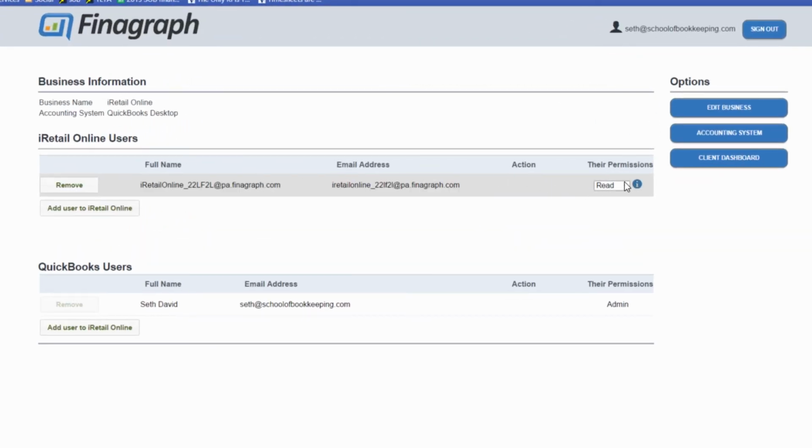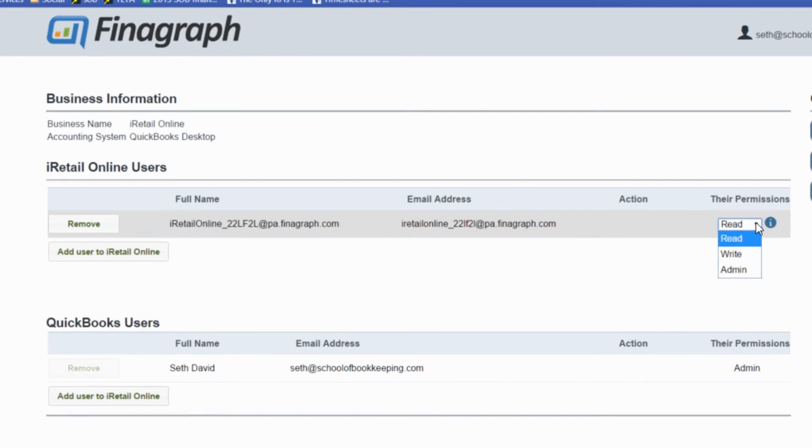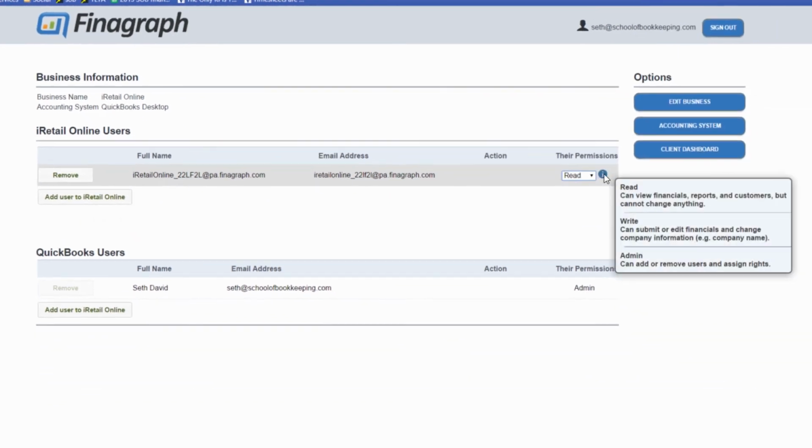In this view, you can click here and change the permissions so that when you send this link to somebody, such as, let's say, your client, you can say, hey, come check this out, and you can give them read, write, and admin permissions. And you can read here by clicking on the eye what the different levels of permissions offer